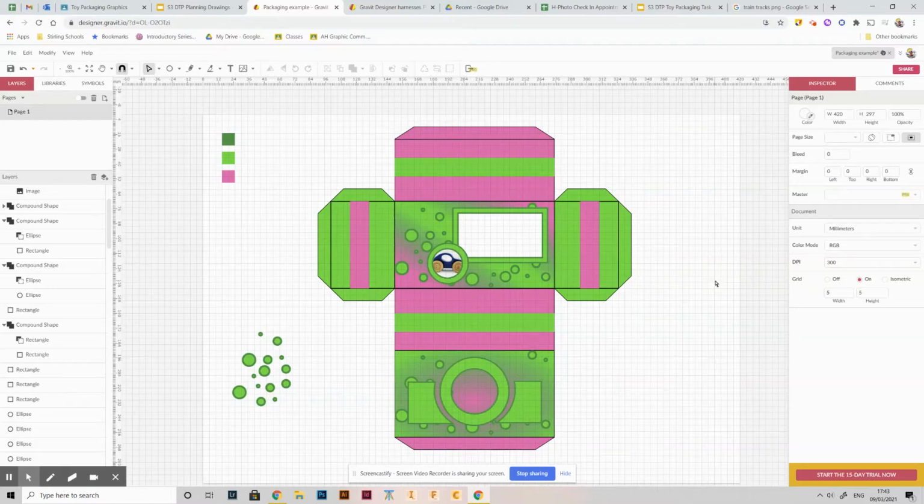Hi class. In this lesson we're going to move on to the next step in creating this finished packaging document. The main things that we're going to be looking at here are adding further basic shapes and fills, pen tool for custom shapes if you need to make it, how to create patterns and arrangements for your background graphics or textures, thinking about how to create compound shapes as well, where we need to make, for example, little icons or symbols, using PNGs for graphics where we can't really do them with a shape, and using the